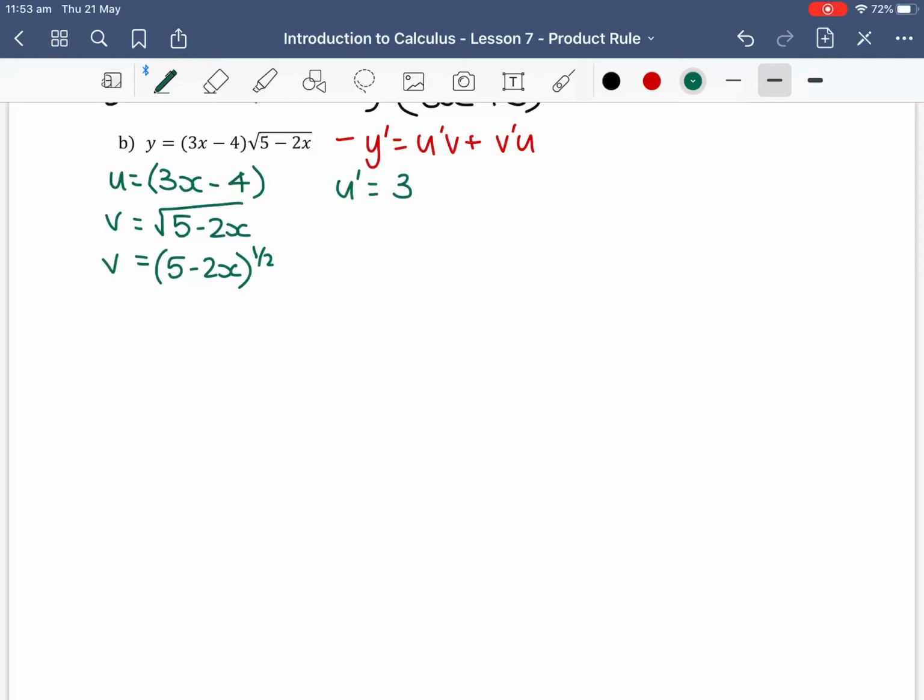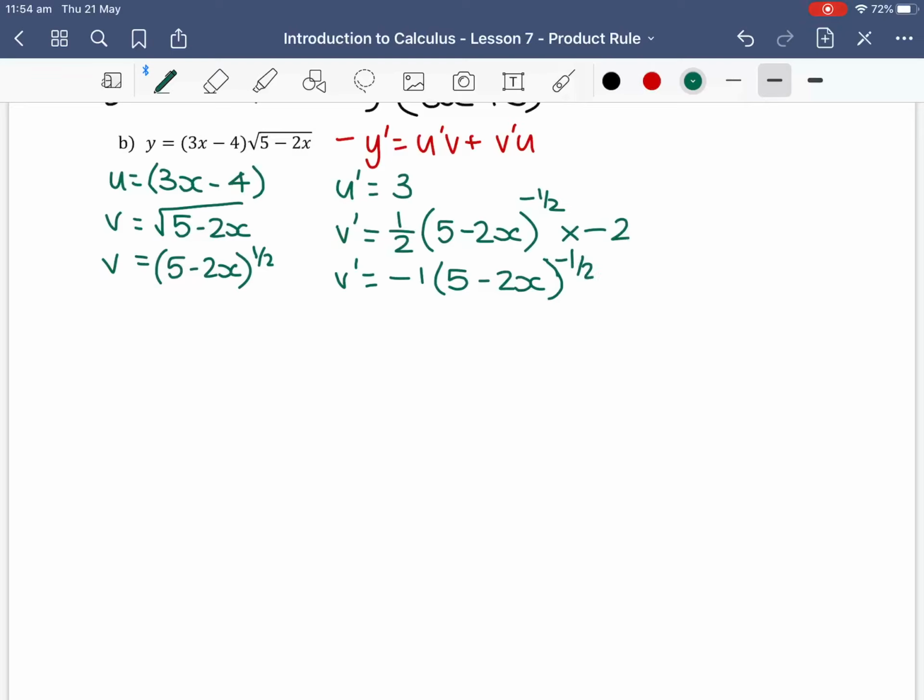So then our u dash is just going to equal 3, because the derivative of 3x minus 4 is just 3. And then our v dash is going to equal, bring our half out the front. So again, this is the chain rule. Times our bracket, which is 5 minus 2x. Subtract 1 from our power, so it will be minus a half, and multiply by the derivative of our bracket. The derivative of our bracket is minus 2. So then we have v dash equals a half times minus 2, which is just minus 1, times 5 minus 2x,